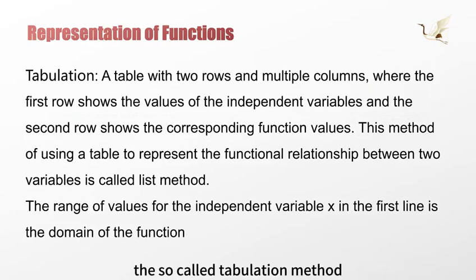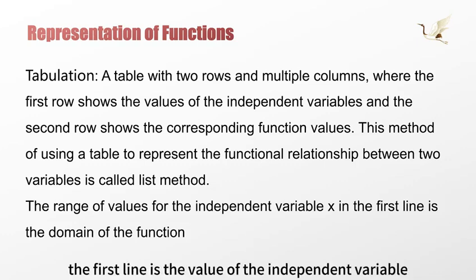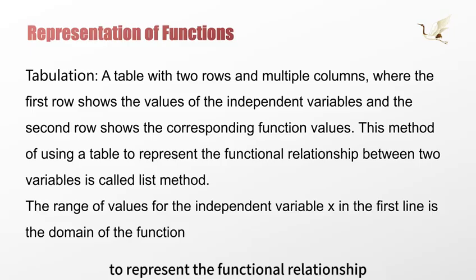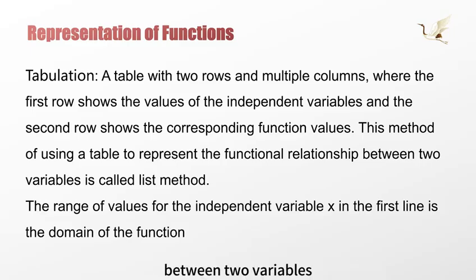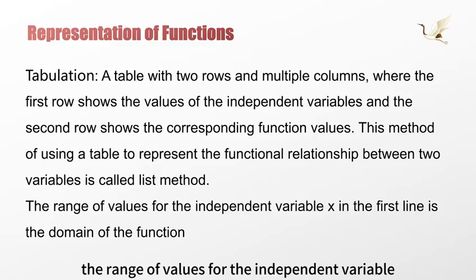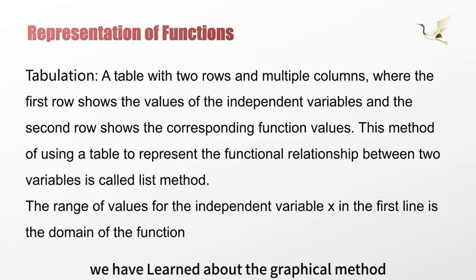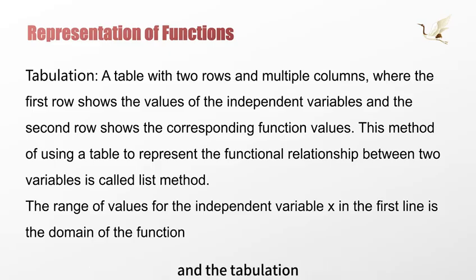The so-called tabulation method is to create a table with two rows and multiple columns. The first row is the value of the independent variable, and the second row is the corresponding function value. This method of using tables to represent the functional relationship between two variables is called the tabulation. The range of values for the independent variable x in the first row is also the domain of the function. We have learned about the graphical method and the tabulation, but of course, the last remaining method is the